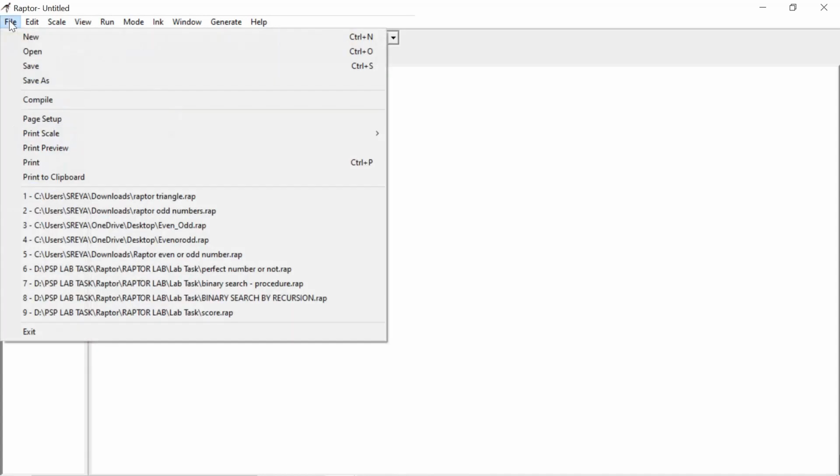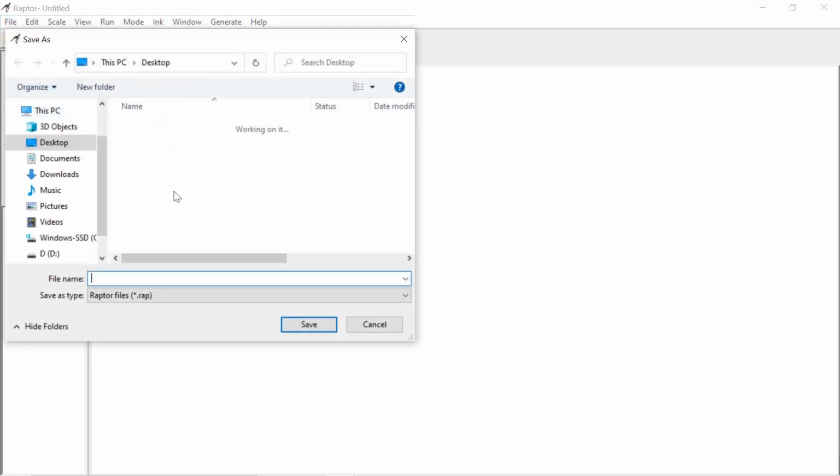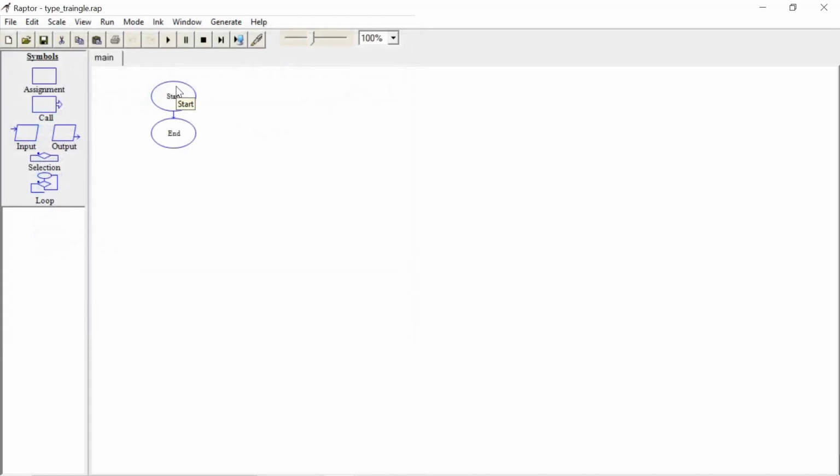So click on File, Save As. It will automatically have the start and the end. First you need to give the inputs, like we need to take the three sides.